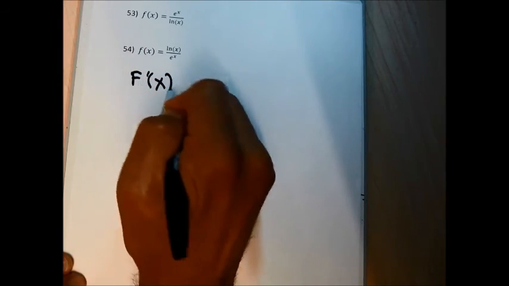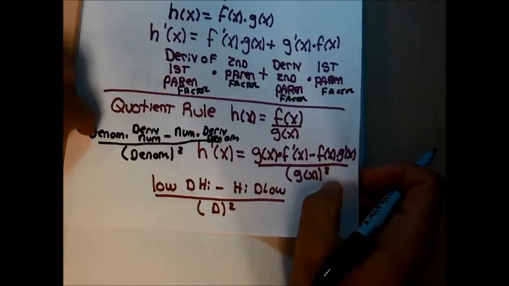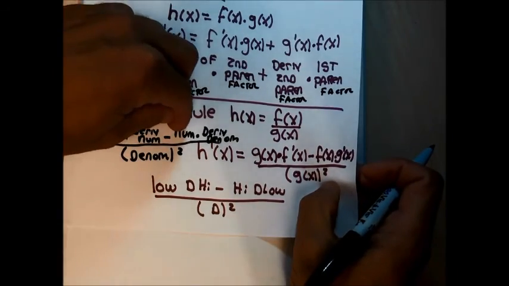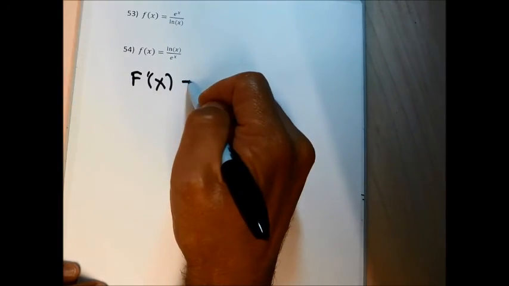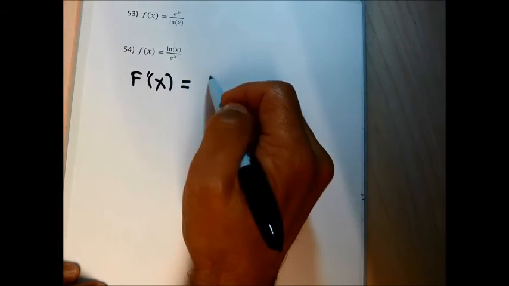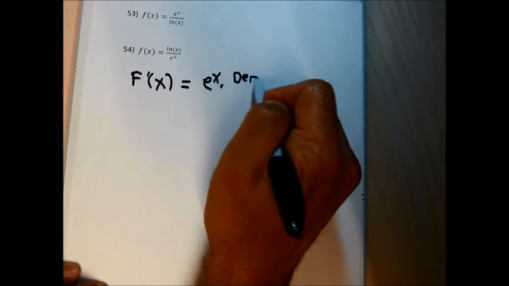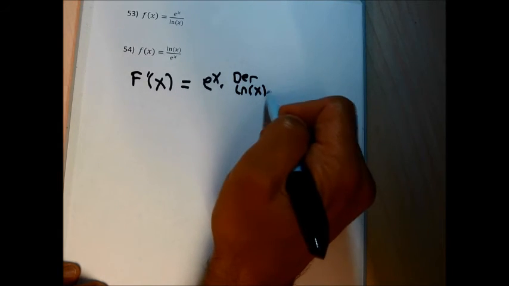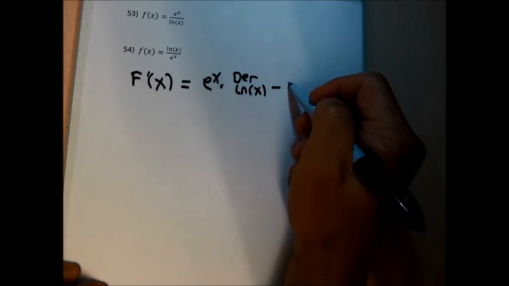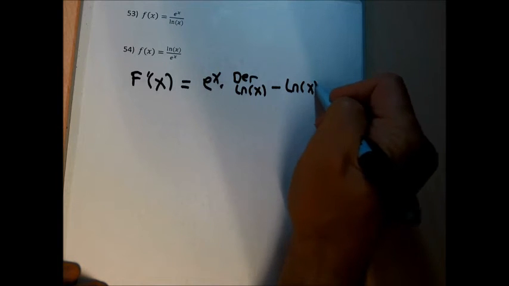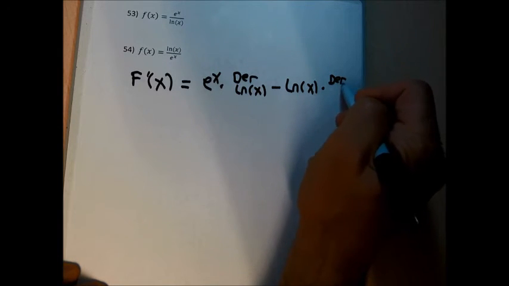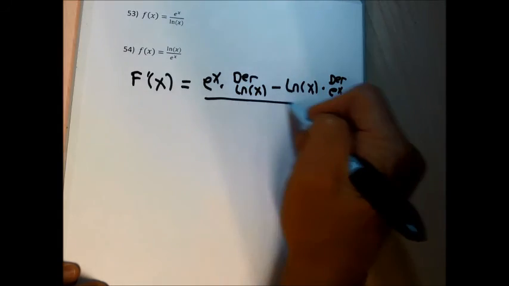Quotient rule says f prime of x is going to be the denominator times the derivative of the numerator, minus the numerator times the derivative of the denominator, all over the denominator squared. So f prime of x equals the denominator, e to the x, times the derivative of the numerator, the derivative of the natural log of x, minus the numerator, natural log of x, times the derivative of the denominator, e to the x, all over the denominator